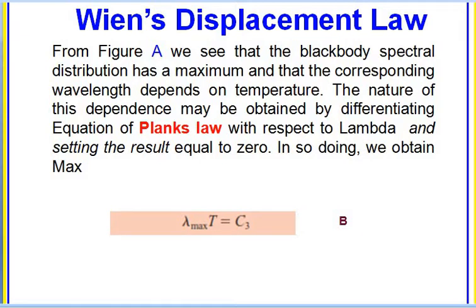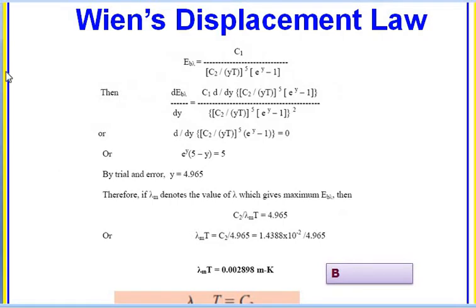This is called Wien's displacement law. Have a look at this video. E B lambda is equal to C1 divided by lambda raised to 5 multiplied by e raised to C2 by lambda T minus 1, which is Planck's law. After differentiating this with respect to lambda and equating it to 0, we get the final equation as the product of lambda and T, that is the maximum wavelength and the absolute temperature, equal to